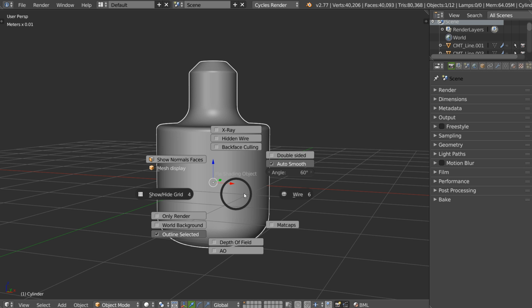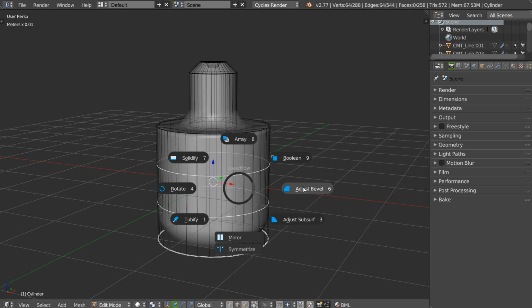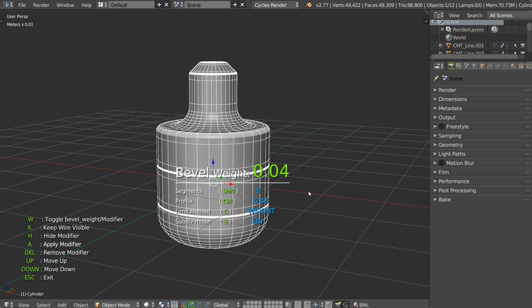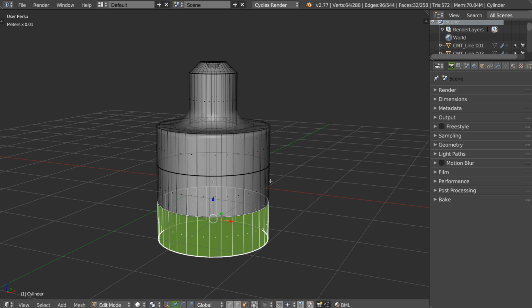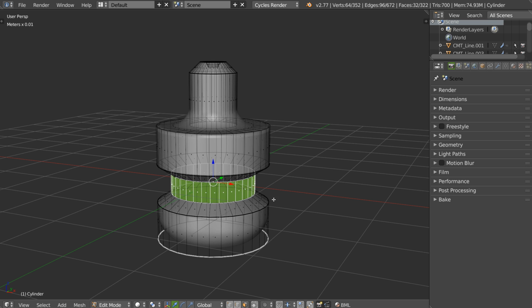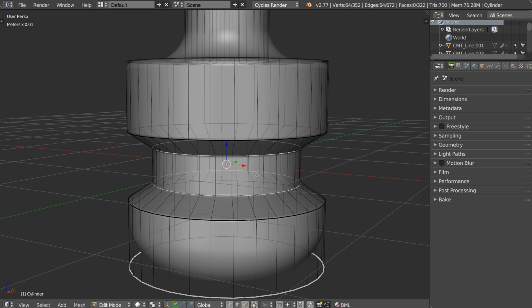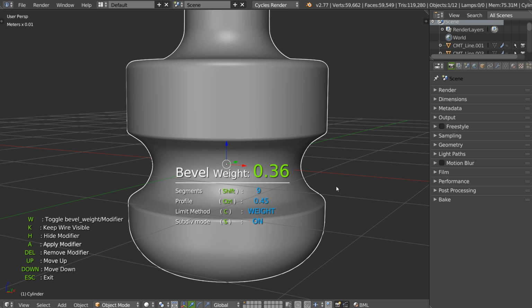For example, I will make the wire. I will show the wire. I will edit this one with a little wire, like this. I will select this, make an inset like this, and directly I will have the good bevel weight, or I can edit it here, like this.